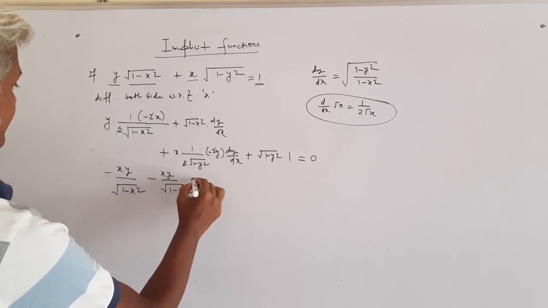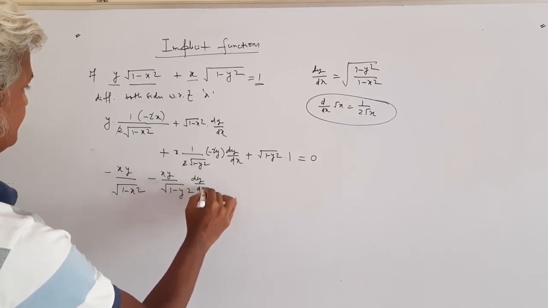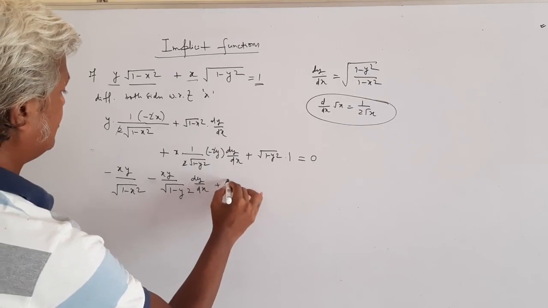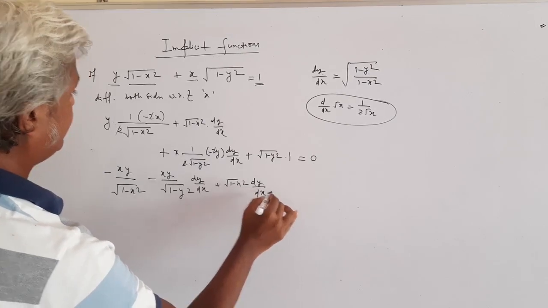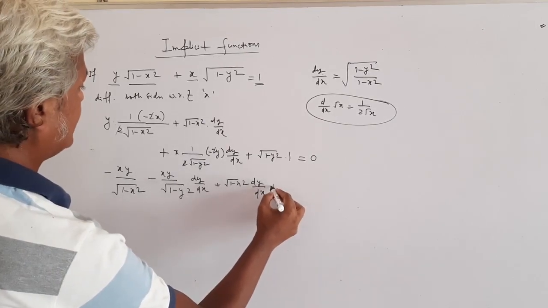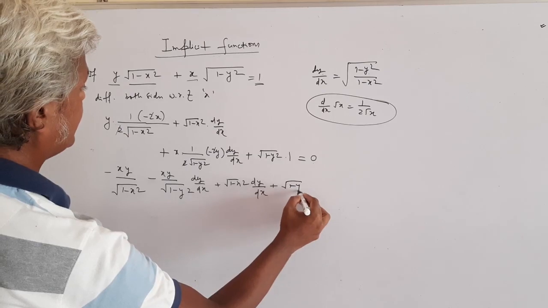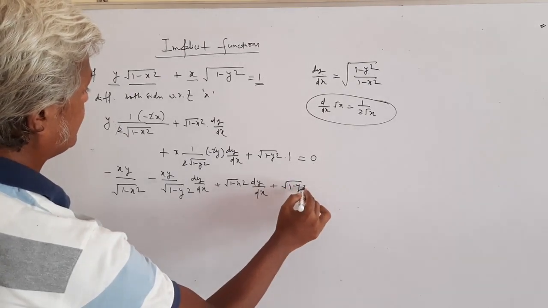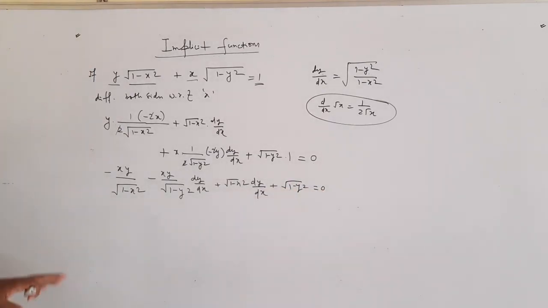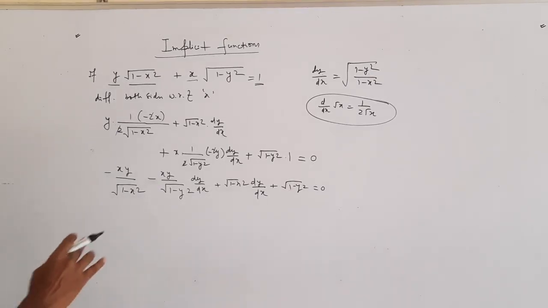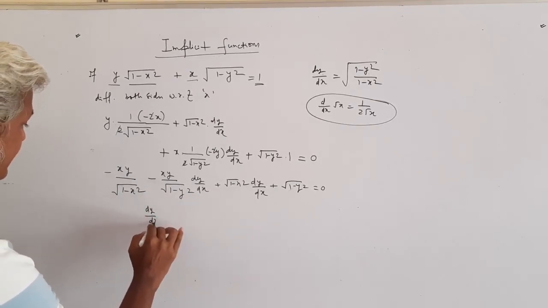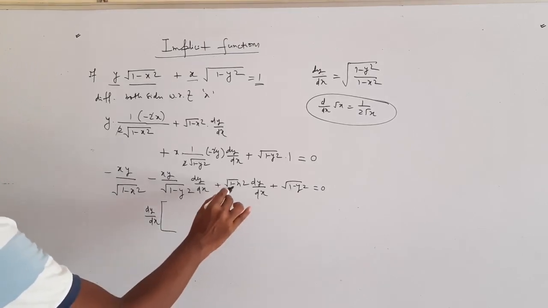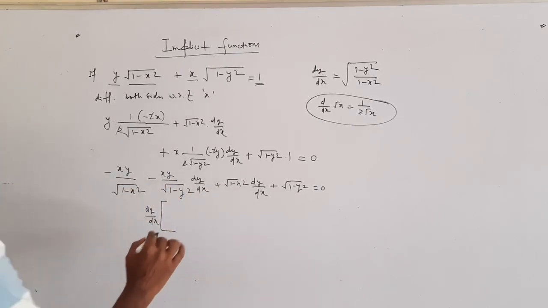And here we have dy by dx, plus I write this term, under root 1 minus x square, dy by dx, plus under root 1 minus y square equals 0. So now we have two terms having dy by dx and two terms without dy by dx. So first I take dy by dx common, this is positive and this is negative, so I am getting